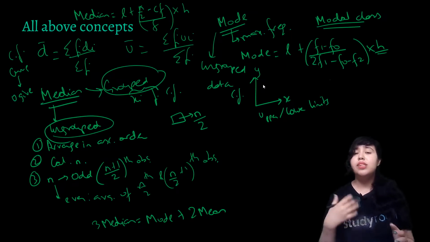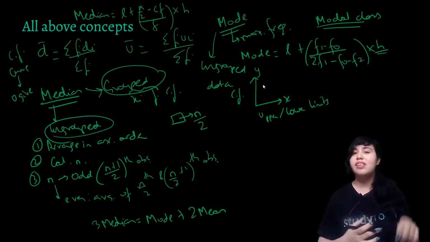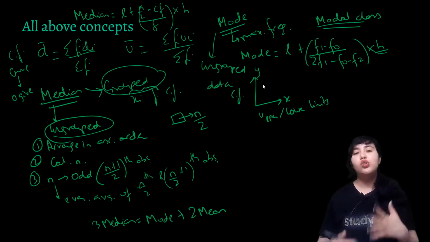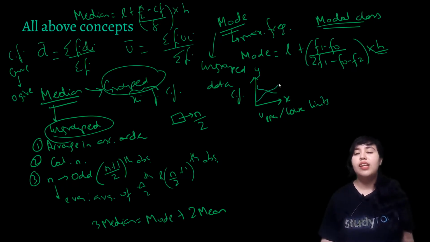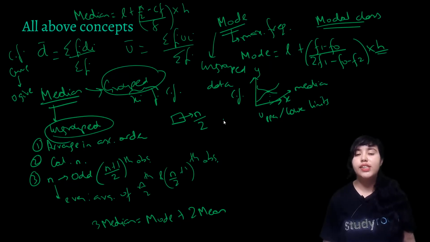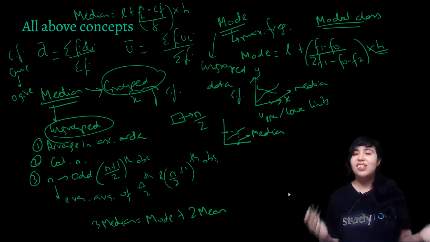Now can we calculate median using ogive? Yes. By how many methods? 2 of them. One method that we even employed in an example was that you make the 2 ogives, for the more than type and for the less than type, look for the point of intersection, and its x coordinate will give you the median. But there was one more method that you spot n and then n by 2 on the curve itself. So if I give you a less than type ogive, you look for n by 2. Corresponding to that, you find the point on x-axis. The x coordinate is going to again give you the median. So that's it for this chapter. Thank you.